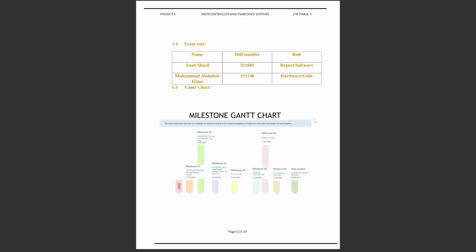The soldering of components, component selection and connections to the PCB was done on 19th April 2024. The PCB testing was also done on 19th April. The sensor interfacing was done on 20th April and the robot testing was done on 21st April. The final project check was done on 22nd April 2024 and the completed project report was submitted on 6th